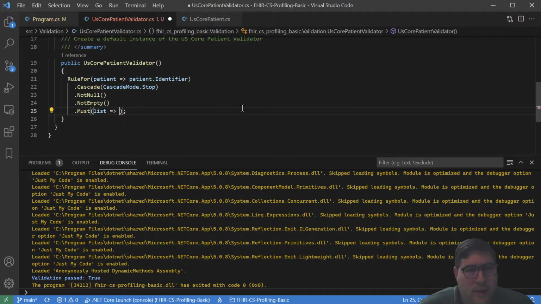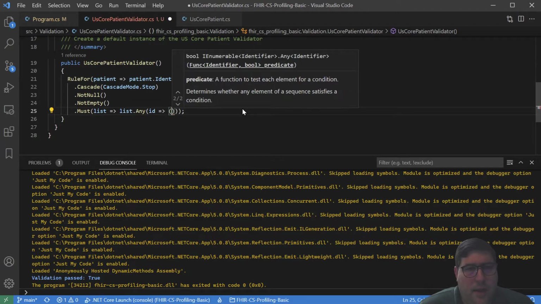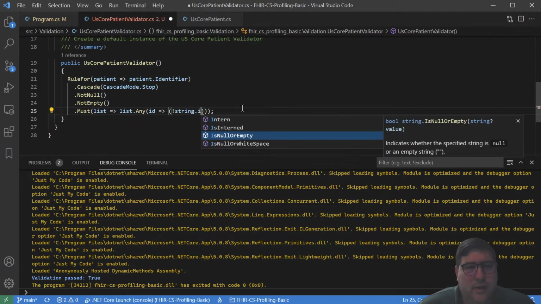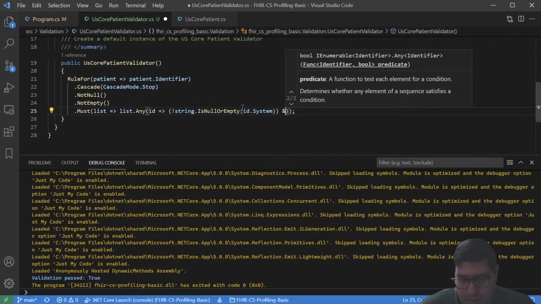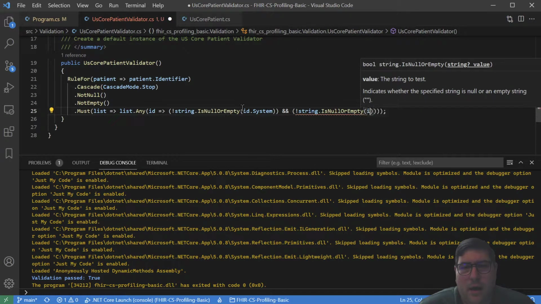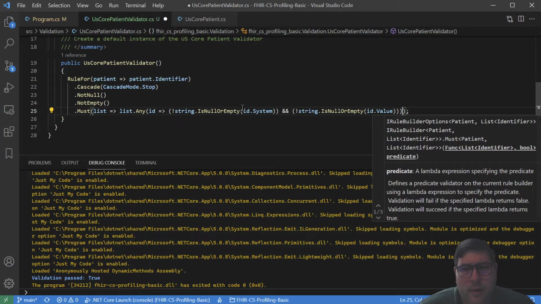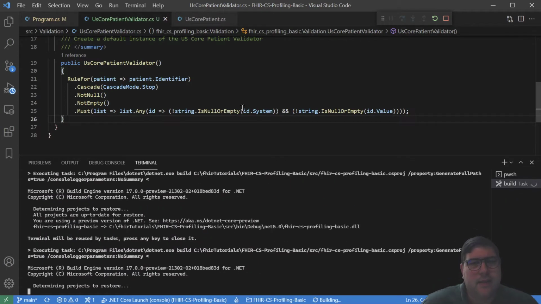So in our case, we can just say list has any, and we're just doing the standard Lambda syntax here, and we'll give it ID, and we want to say not string.is null or empty on ID.system, and not string.is null or empty on ID.value. And I think we ended up with an extra one, or no? Nope, okay. So now when we run this,